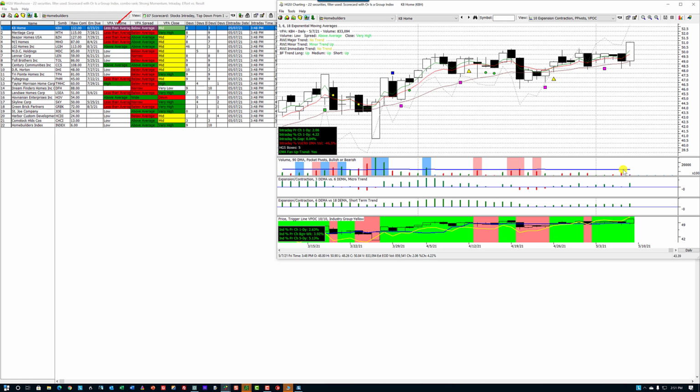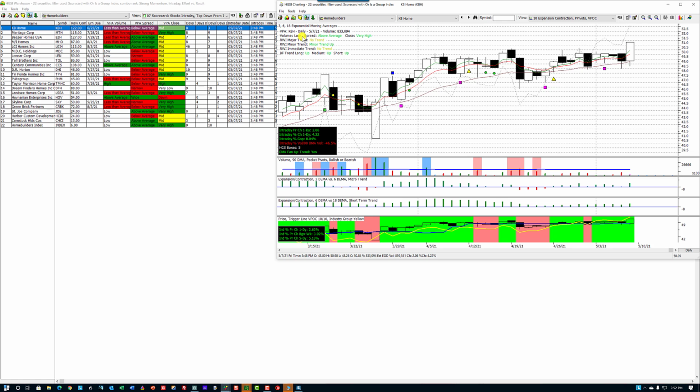Here's the average 90-day line right here. So it was less than average. The spread was below average. The spread of the candle, or the range, and the VPA close was in the middle, and you can see that it was in the middle. So this information here is yesterday's information, but if I click on today's candle, this information is reflected